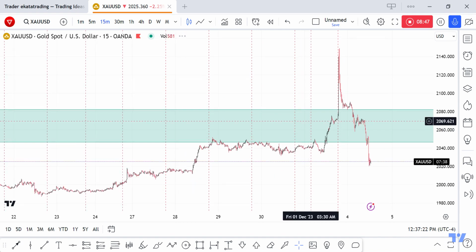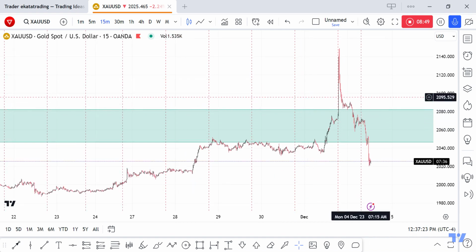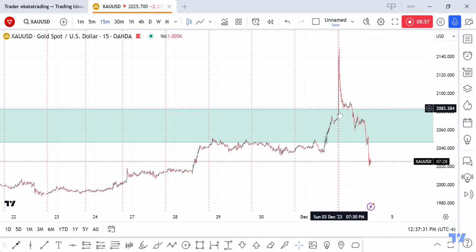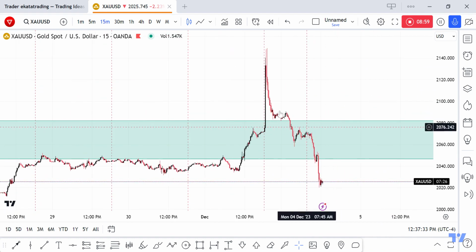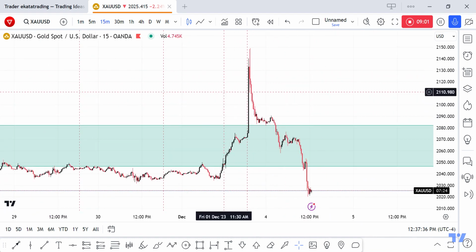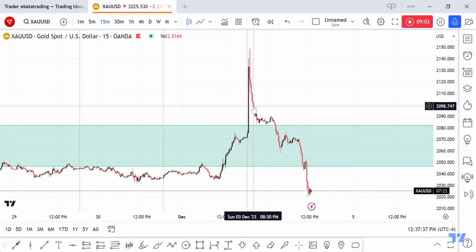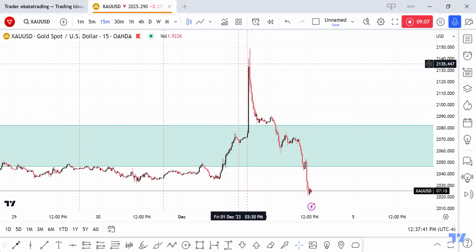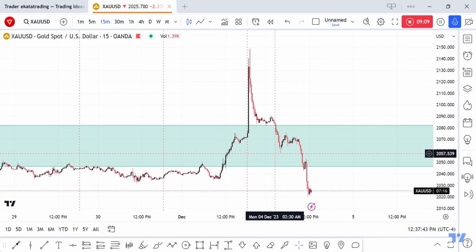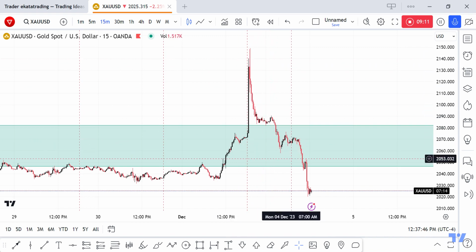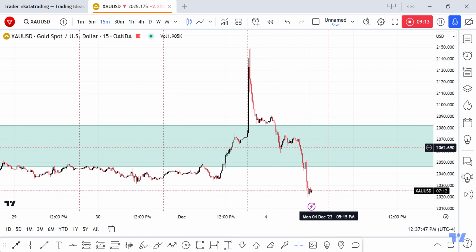We know that gold is a monster. We know that gold has been a bull market. The question that I want to bring to you today, why is gold going bearish after recently breaking the high? Is it that this is actually the high and it doesn't want to go past there at all? Maybe. Or is it maybe that the dealer knows that people would have been interested in buys at that point, and it makes sense to take out any late buyers again so that he can actually buy the market?